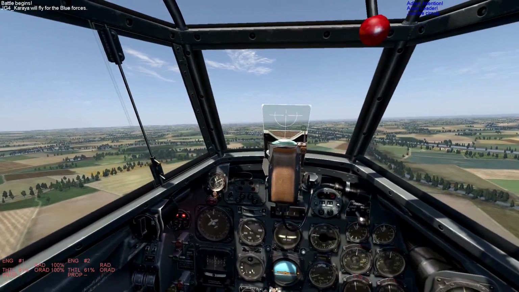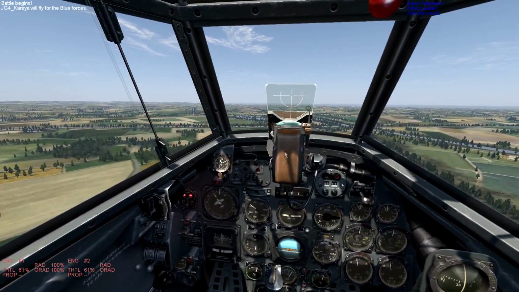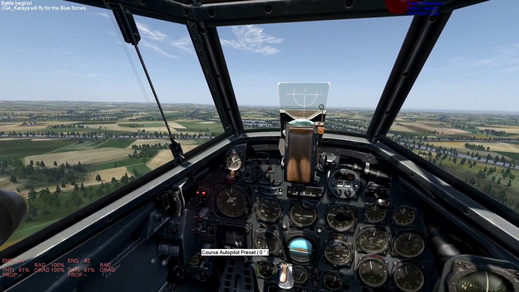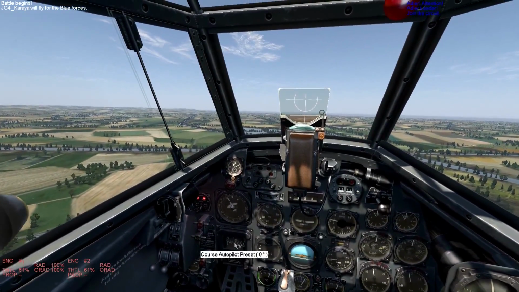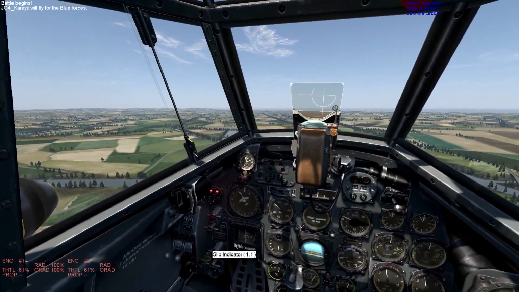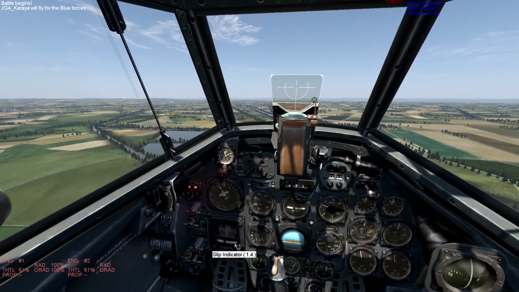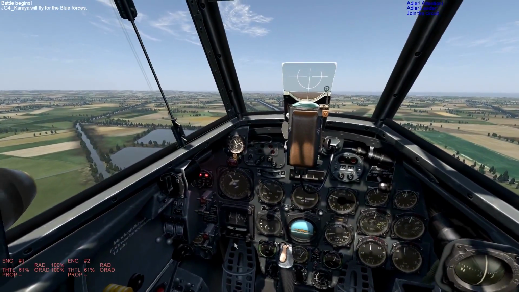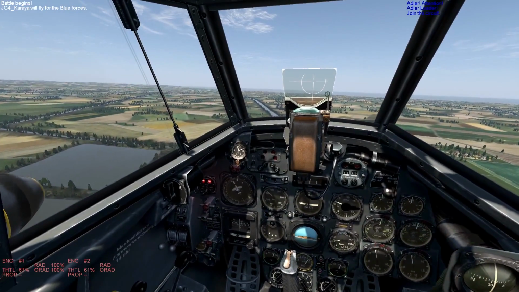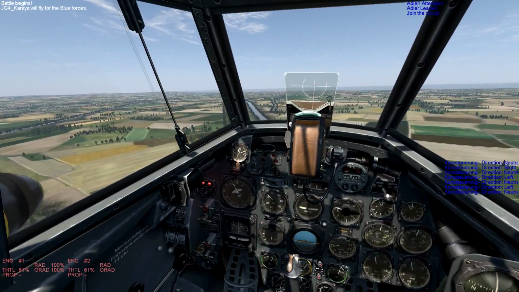So I'm heading in the general direction now, and what you have to do is actually set the course autopilot preset to that value. The course autopilot preset does not change with your direction. The best way to do this is actually to use a hotkey. I have set this to Control and A and Shift and A for left and right adjustments. So I am going to set this now to 330,